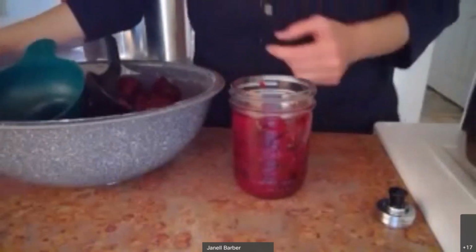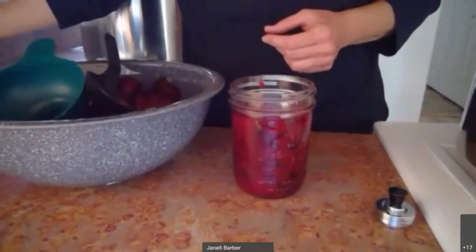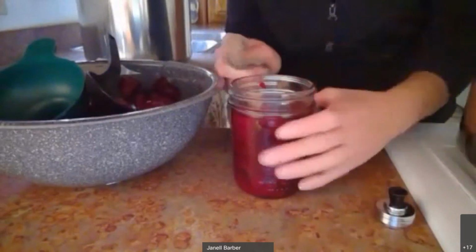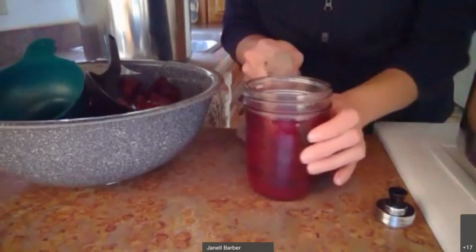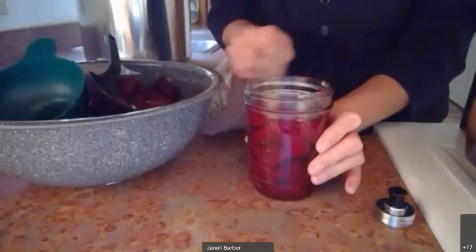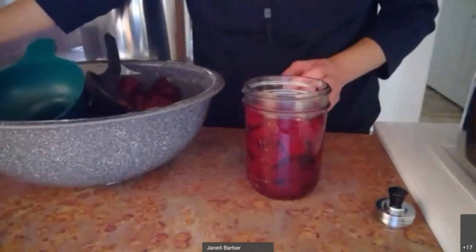Now, if we were doing pickled beets, oh, go ahead. I was just going to say we had some discussion earlier around regular beets versus pickled beets, but I want to hear what you say next. Okay. Before I go there, the next step I'm doing is I'm taking a wet washcloth and I'm wiping the rim around the top of the jar to make sure that there's no food particles or liquid